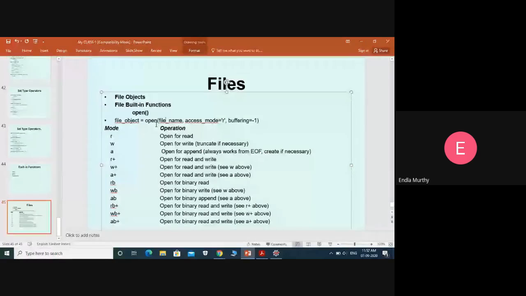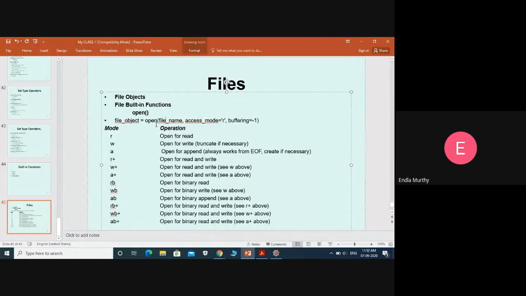So append mode simply means write, but after the end of file. Write mode is also write, but from the starting position. Whatever data we have, hello good morning, it erases and starts from the first point of the file, and we start entering the data. Append mode also creates a new file if the file does not exist. Now, R plus is a read and write mode.